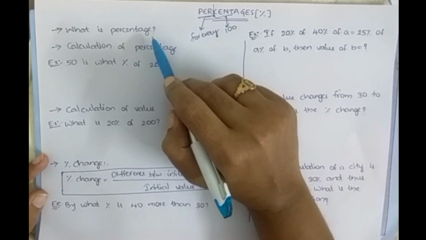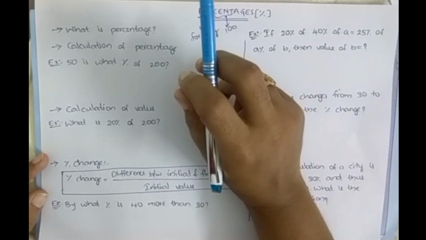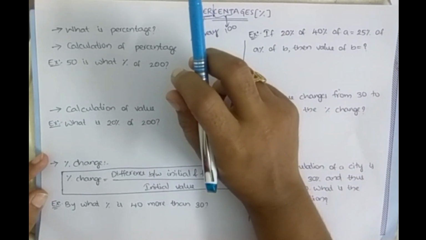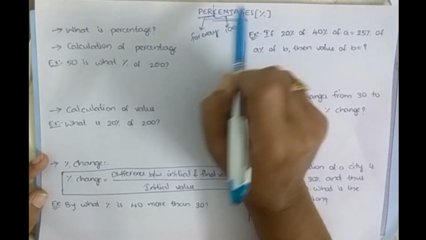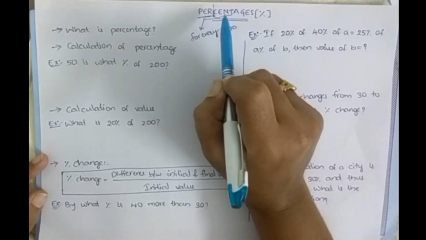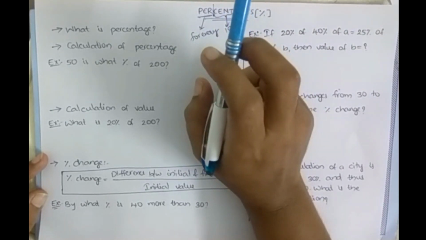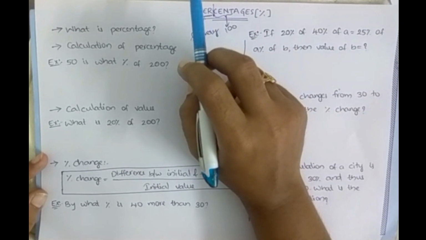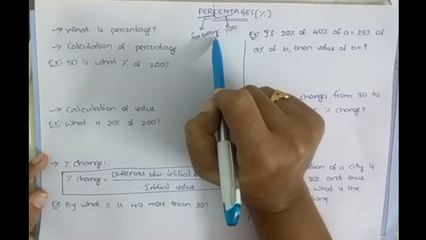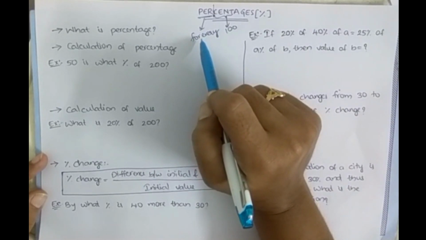That means you know the cost of something. For example, a pen costs, let us say, 5 rupees. Then when you want to calculate the percentage, that means you want to calculate the cost of pens for every 100 pens. The value of the cost of 100 pens, when you calculate it, is called percentage. So let us see now how to calculate the percentage of something.